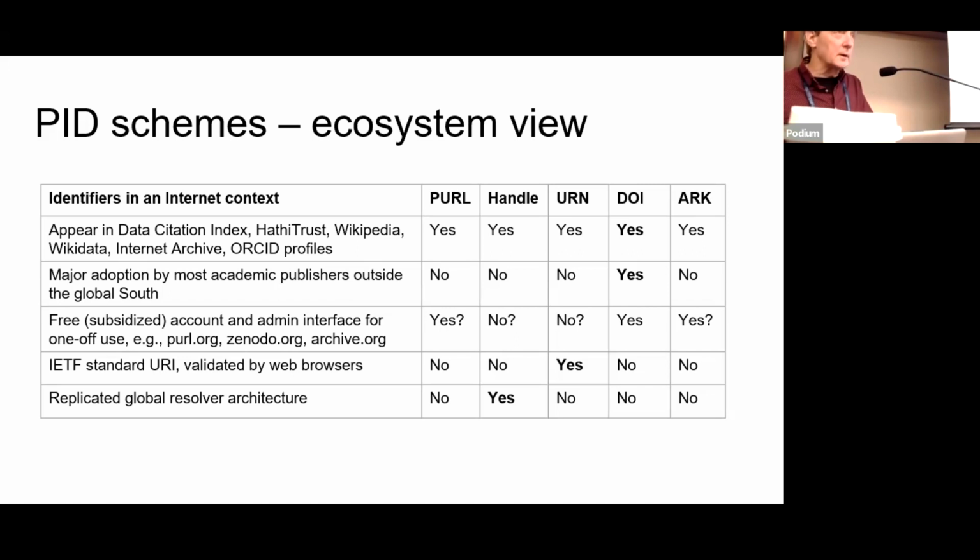Handles are also popular in a lot of European projects where they're subsidized and they have a nice distributed network of preservation, the Donor Foundation with lots of replicated infrastructure. And DOIs have become associated with publication status, and so they're good if you can afford them. If you have only a couple dozen things to identify per year, by all means, go to Zenodo and get yourself DOIs. That's a lot easier than setting up infrastructure for another PID system.